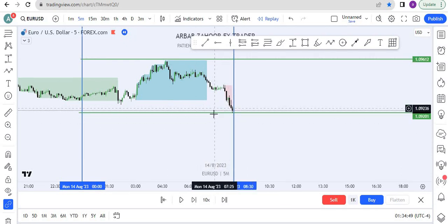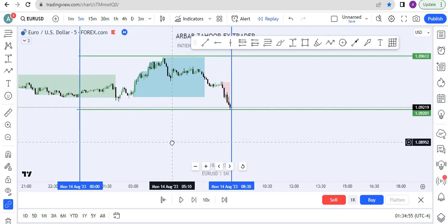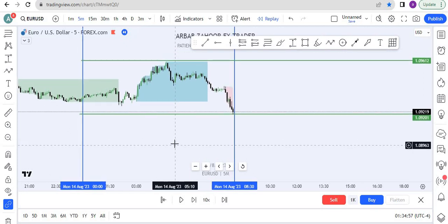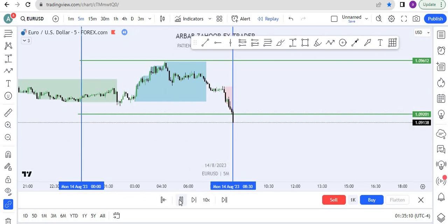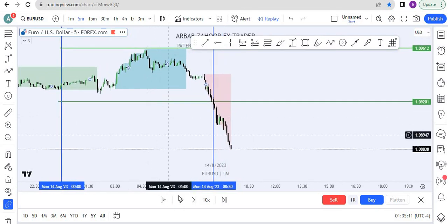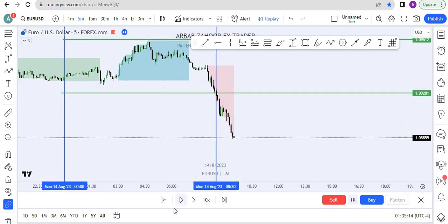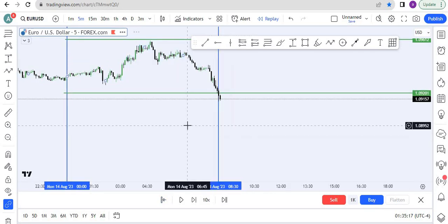If price sweeps the low, we have to target the upside. Many times that doesn't happen and we don't find the trade, but don't worry, stick with the rules. You will pass the prop firm challenge, or even if you are using your own funds, you can grow your account and live happily, no problem. Okay, let's see. Once price breaks the 8:30, what we have to do is shift